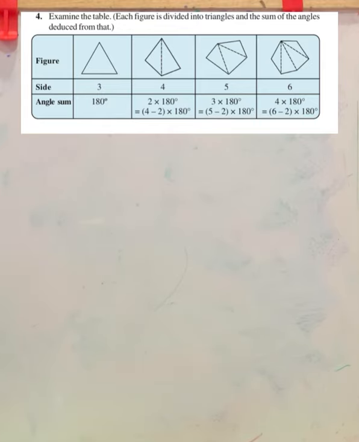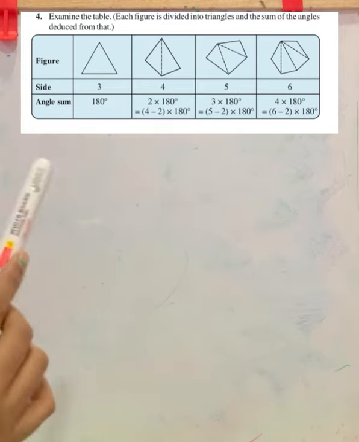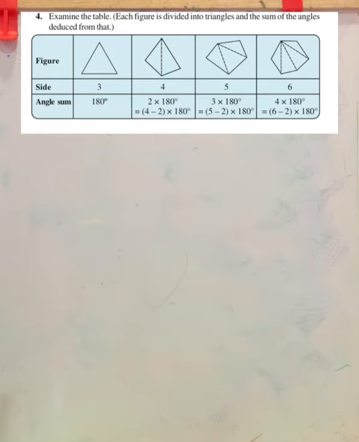So the angle sum property will be 3 into 180. To get that 3, the actual number of sides were 5, so 5 minus 2 is 3. Check, in the previous figure we have 4 minus 2 is 2, that is 2 into 180. Here 5 minus 2 is 3, that is 3 into 180. Now the last figure has 6 sides and the number of triangles formed is 4. So 4 into 180 is the angle sum, and to get that 4, it is 6 minus 2.